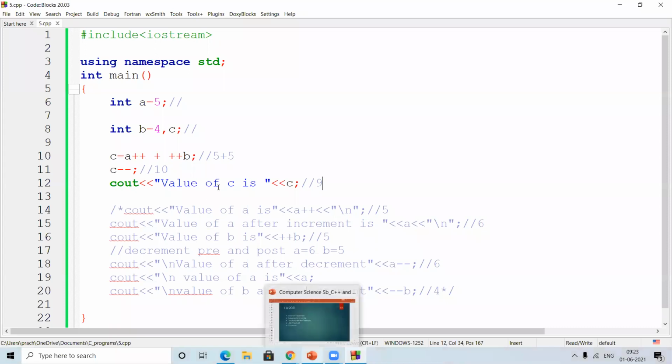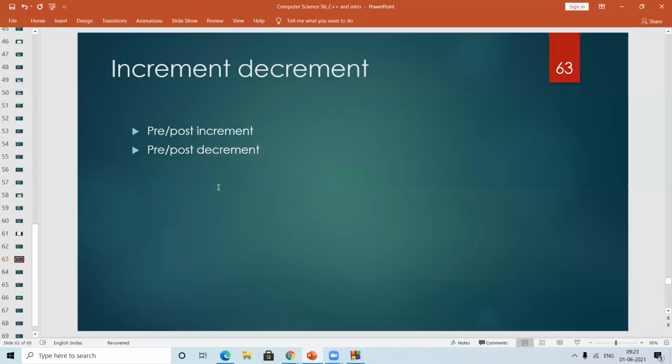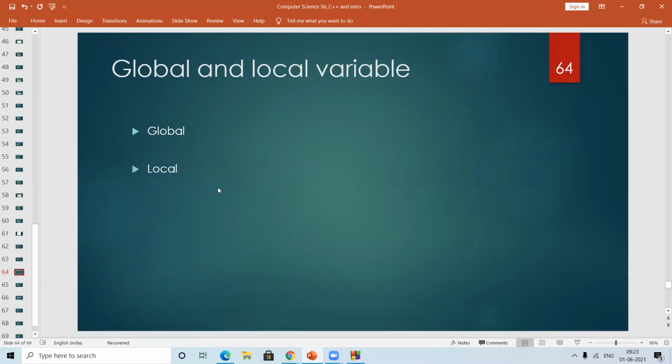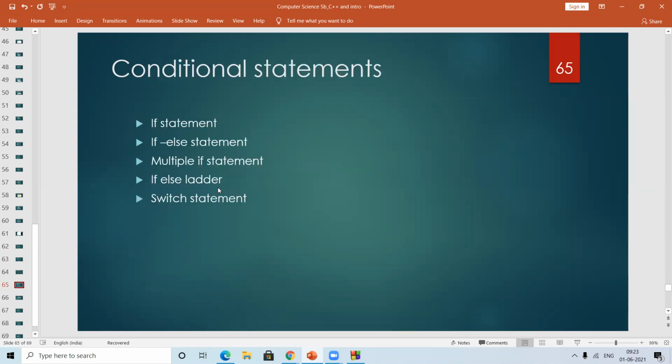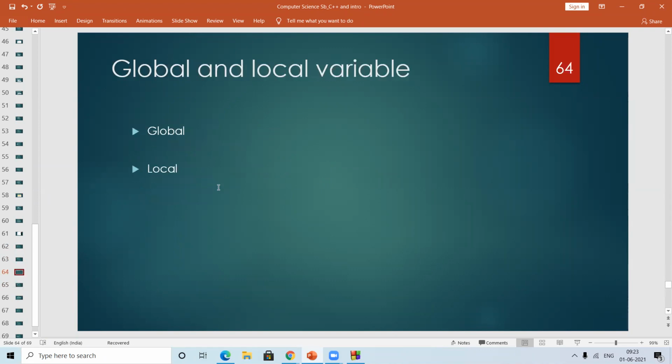Okay, so we were at this point. We got to know what is pre and post increment, pre and post decrement. Now we'll move forward with the global and local variable. If you know the concept, I will move forward with the conditional statement with the classes. Else, I'll explain what is global and local.